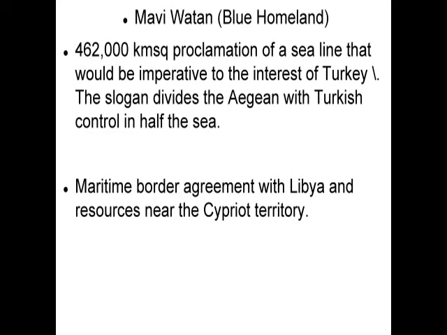Turkey in 2019 signed a maritime border agreement with Libya, which was heavily contested by both Cyprus and Greece because they highlighted that you don't have a border with Libya. How are you signing a maritime border treaty with them? And Turkey claimed that Mavi Watan states that we are claiming all of these territories. And so, since all of this sea line is ours, we have a border with Libya, and we need to